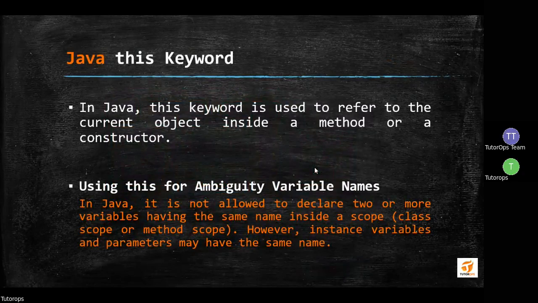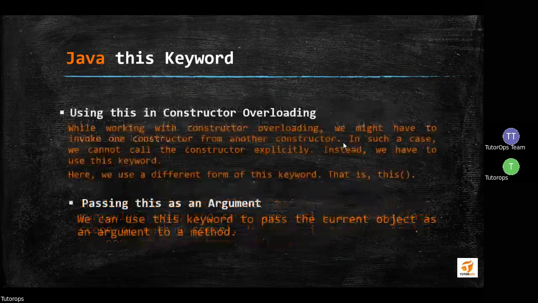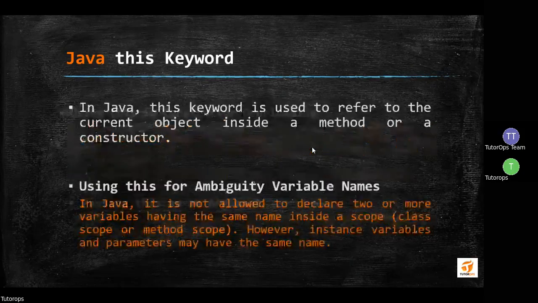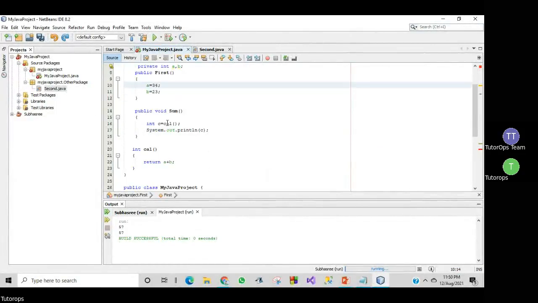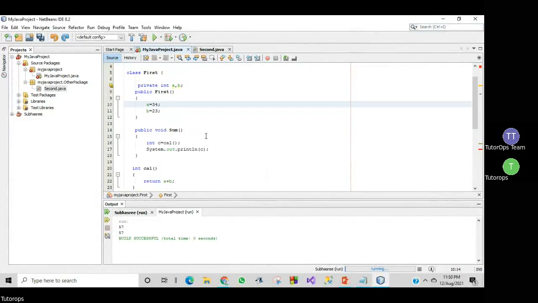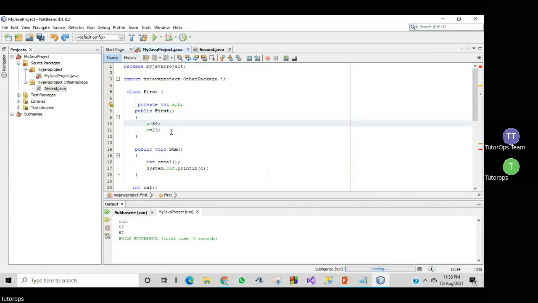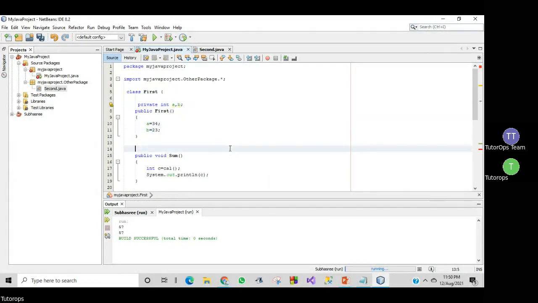This keyword I already discussed. What is this keyword? I have already discussed it in our constructor part, when this is a call within the method. Another good example I can give you: suppose you have another constructor within the class,